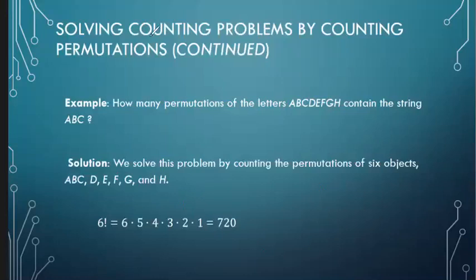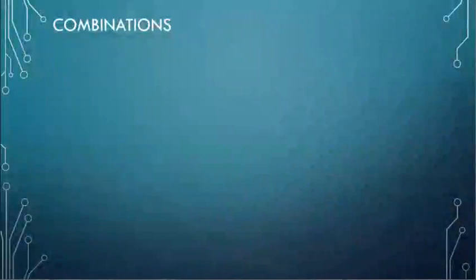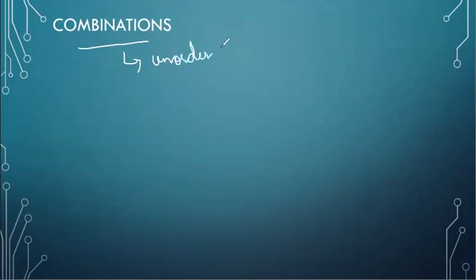Okay, so these are the example problems for permutations. We will continue the same with combinations. In the previous topic, we have already covered permutations, and now we will turn our attention to combinations. Combination is basically counting unordered selection of objects. So if you remember, with permutations it was ordered arrangement. Over here we have unordered selection of objects.